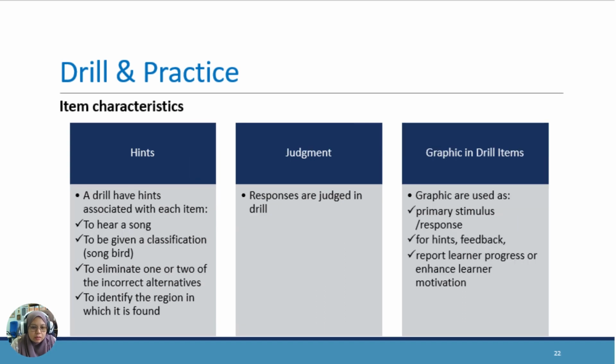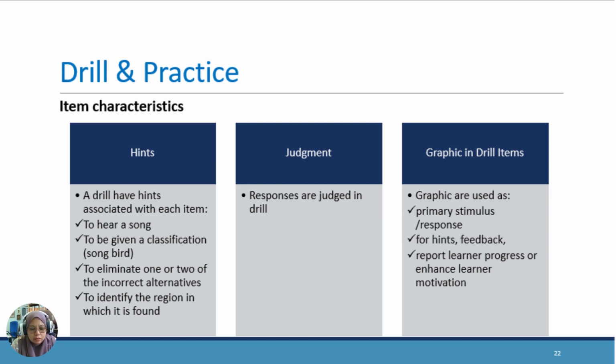In drill and practice, for the item characteristic, we also give hints. A drill has hints associated with each item. Item means the question. For example, the hint will let you hear a song, be given a classification, eliminate one or two of the incorrect alternatives, and identify the region in which it is found. Hints here, as I mentioned earlier in the tutorial part,